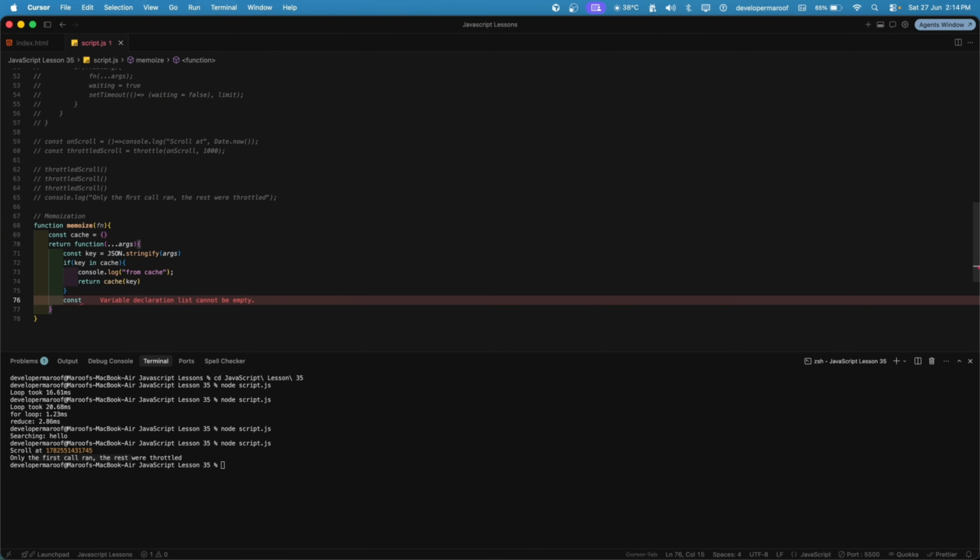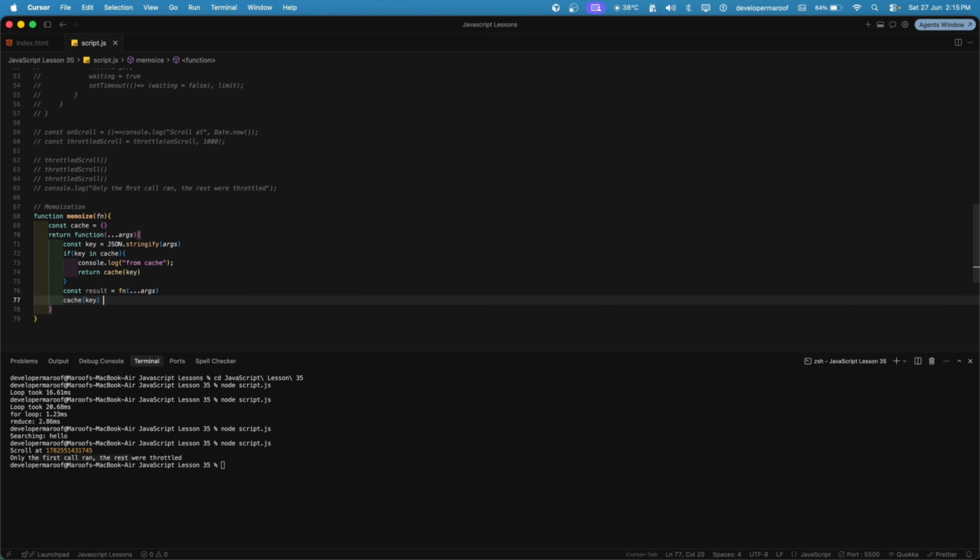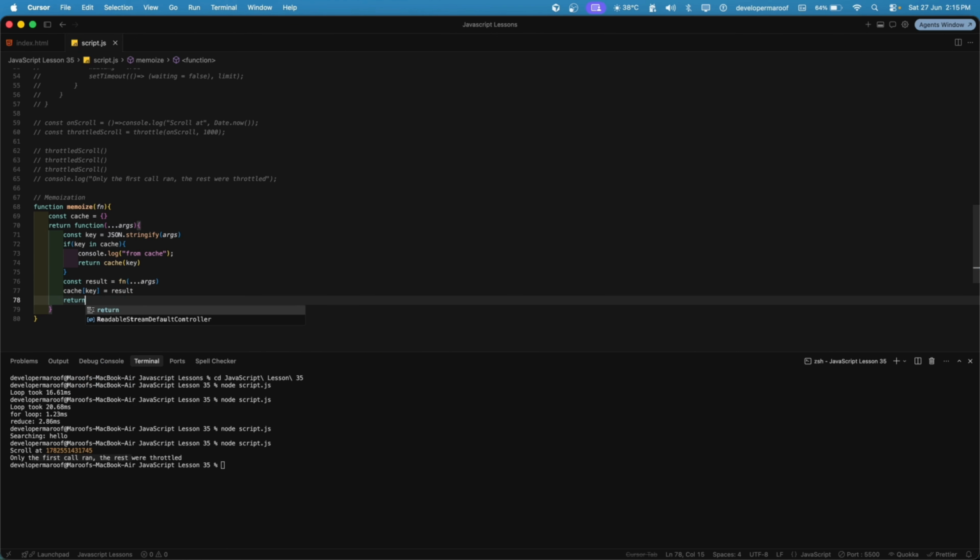If it doesn't exist, just say const result equals function with arguments, then cache that key with the result, then return that